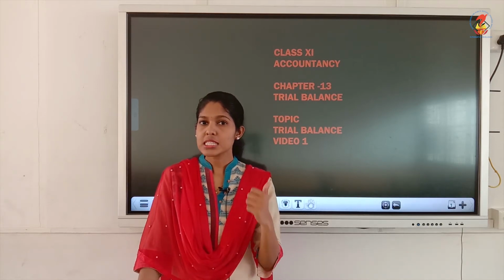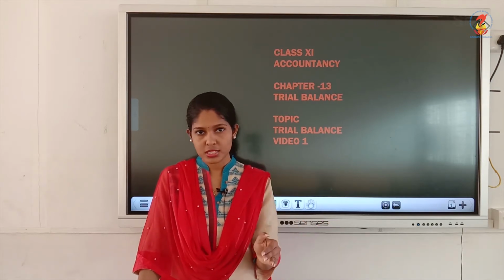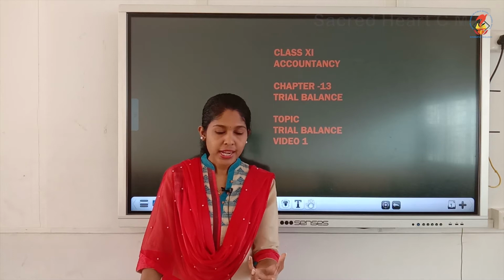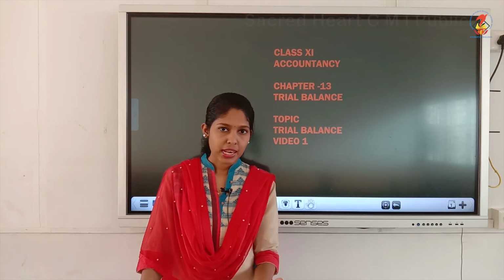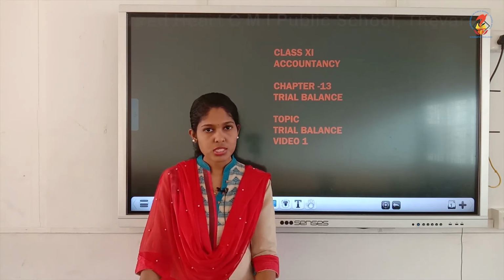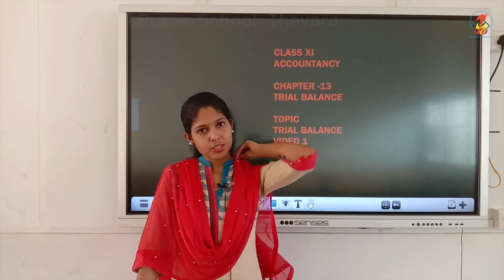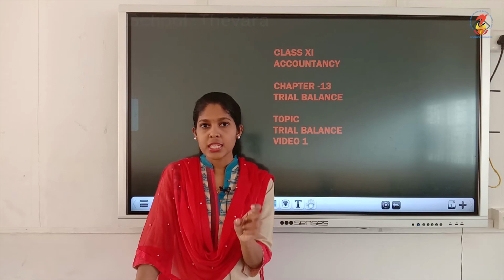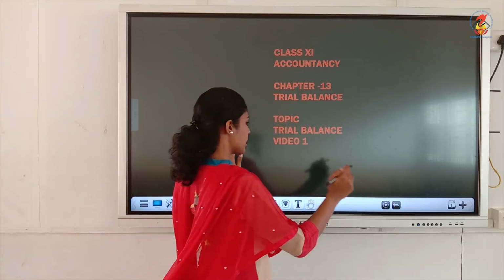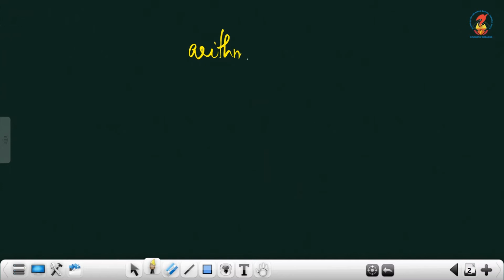Okay. So trial balance is a statement, don't say that it is an account. Ledger accounts you can say, but trial balance means it is a statement prepared with the debit and credit balances of ledger accounts. The main term you have to say is, the purpose of preparing trial balance is to check the arithmetical accuracy of the books of accounts. So that term is very much important, that is arithmetical accuracy.